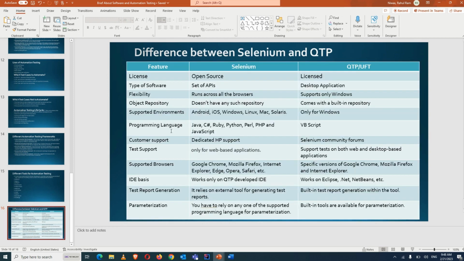So what is the difference between Selenium and QTP? If you see, these are the features and what we can do with the help of which tool. This is Selenium and QTP. If we talk about the perspective of the license, Selenium is open source and QTP is a licensed